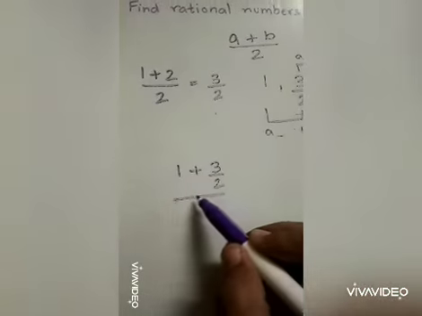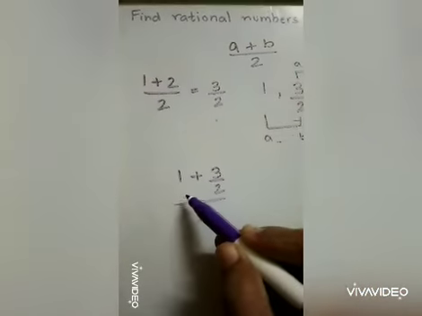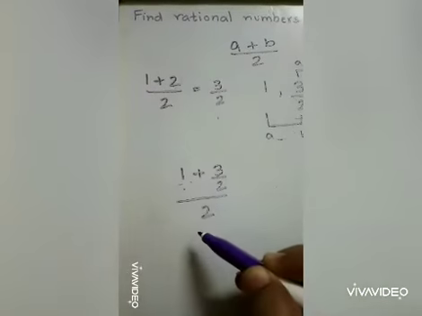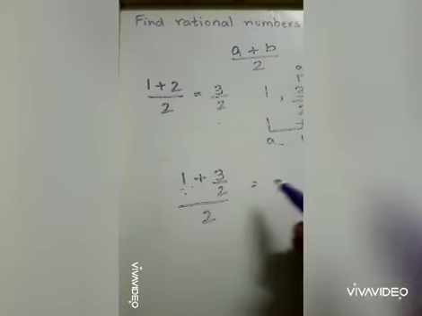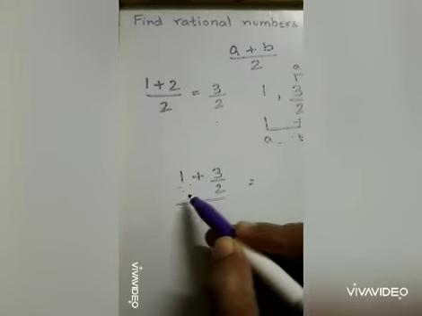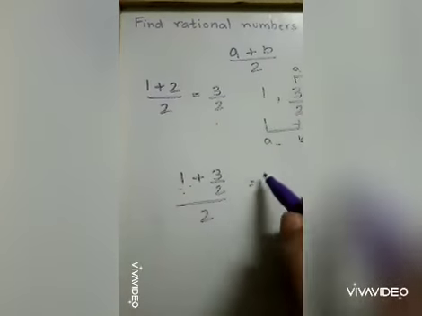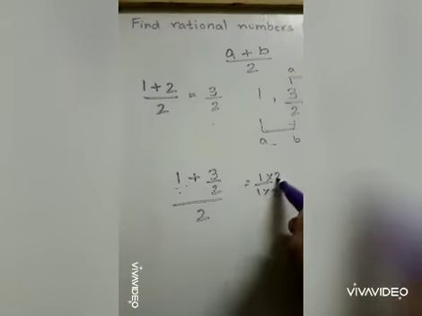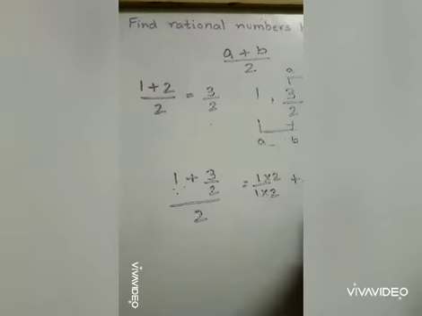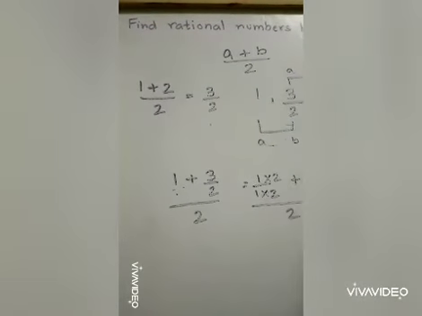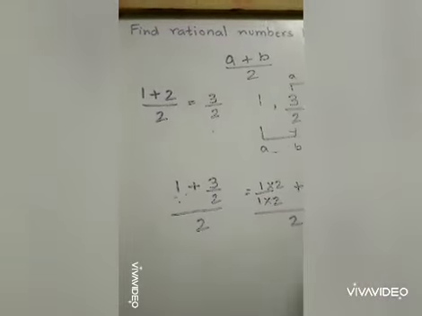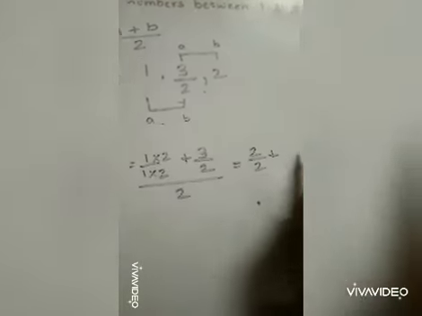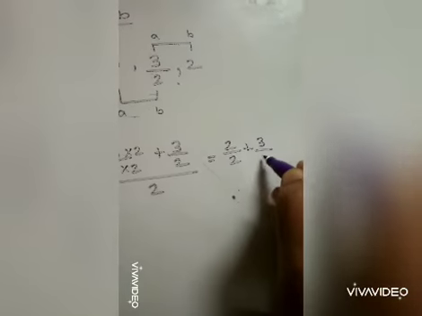So here first we'll be calculating the numerator. Now here you'll be finding out the LCM. Since nothing is there under 1, it is 1. So finding the LCM means here you have to make the base the same. So you'll be multiplying by 2 here. It will look like this: (1 into 2 plus 3 upon 2) upon 2. Okay. So here it will be 1 into 2 upon 2 plus 3 upon 2.